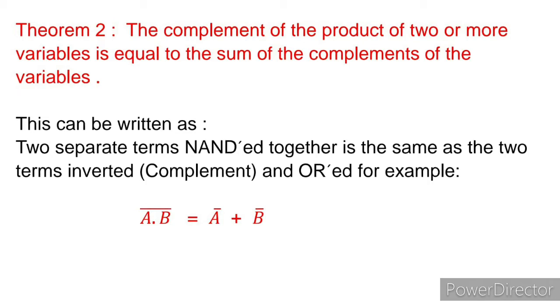an OR gate with inverted inputs. If an objective question is asked of postgraduate students, in theorem 1 you get NOR and AND, and in theorem 2 you start from NAND and go to OR. Keep this technique in memory: addition becomes multiplication, and in the second theorem multiplication becomes addition. So this theorem can be written as (A dot B) bar is equal to A bar plus B bar.